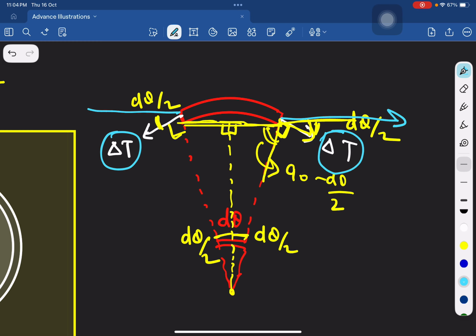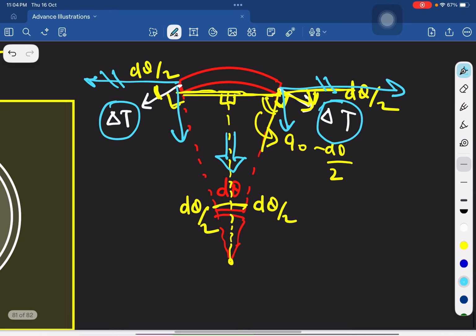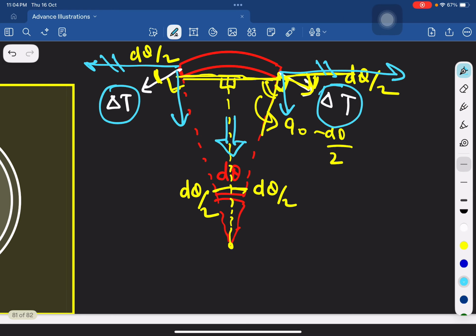By symmetry, these two will get cancelled out, and they will have one component along this, and it will also have one component along this, and these two get added, and it will be towards the center. So this total net force, if I draw it,